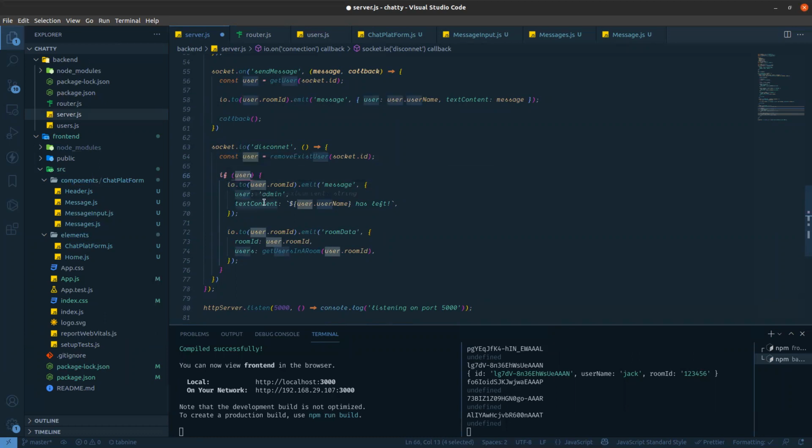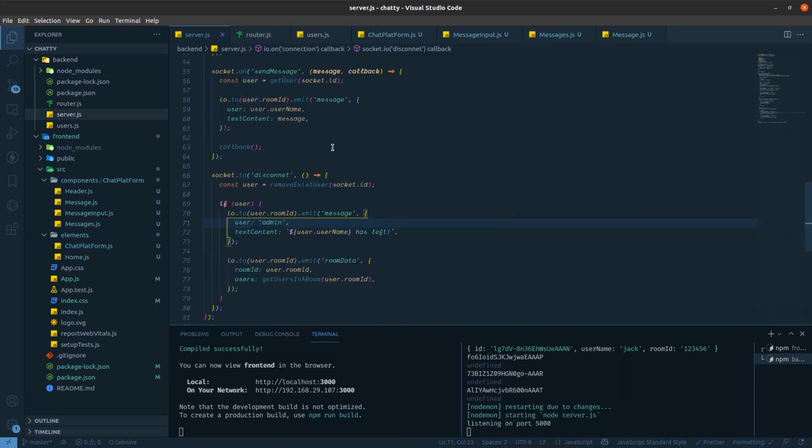Then we need to send all the users who already joined that room, and again send the room data, meaning whatever users are there, because now the users are updated. Someone is removed, so I need to send that event room data again.